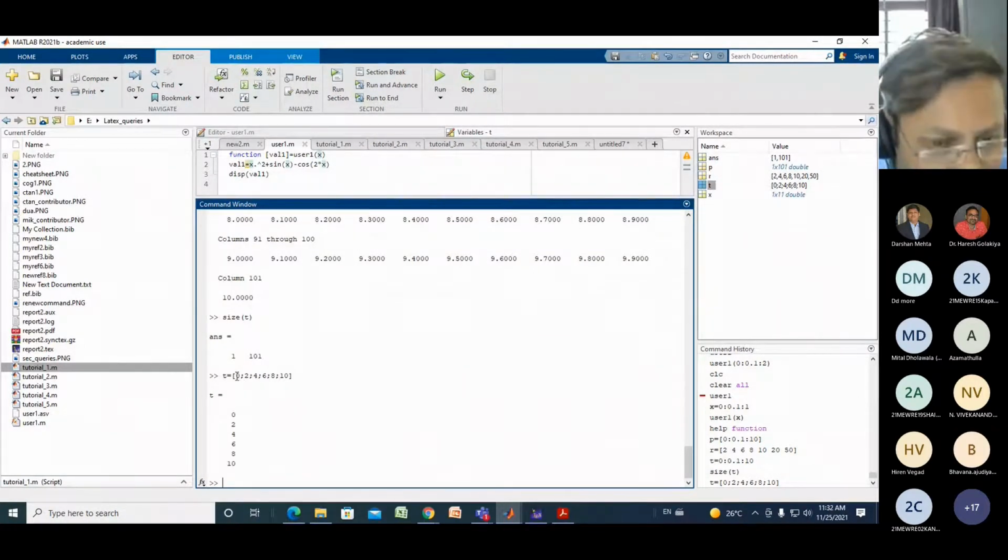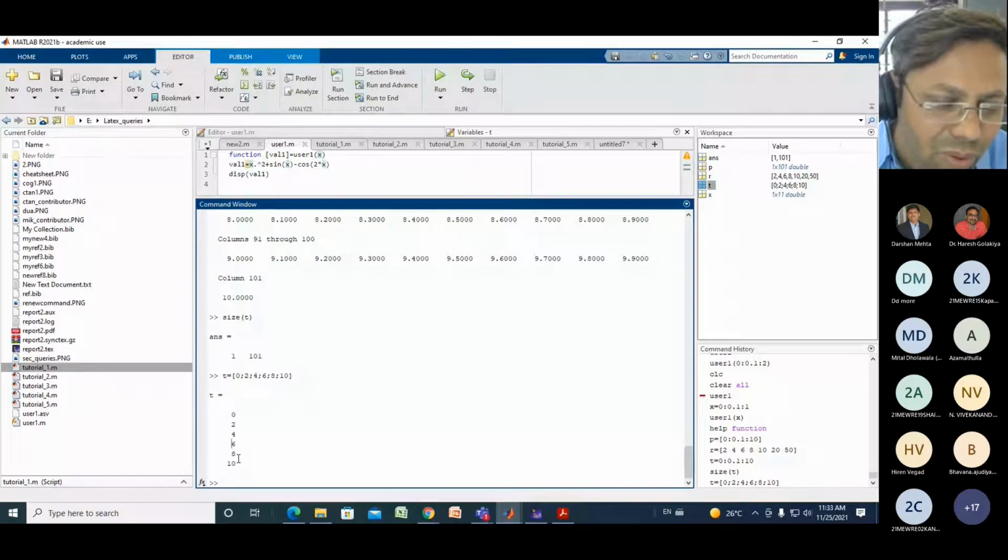As I've written 0, after the 0 there is a semicolon, so MATLAB understands it's the end of this row. After the 0 there is another one, 2. After that the second row is over, and the third row will start. So you can write the matrices. The end of a row is represented by the semicolon. So t has 1, 2, 3, 4, 5, 6 rows and a single column.